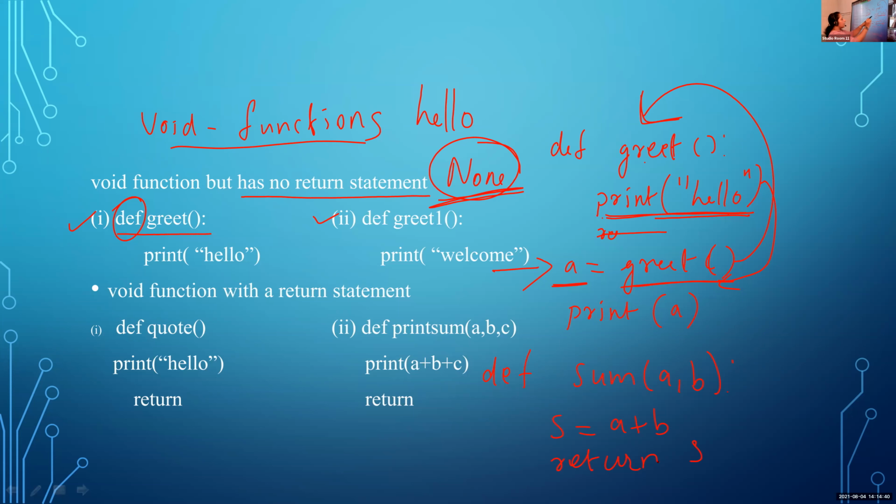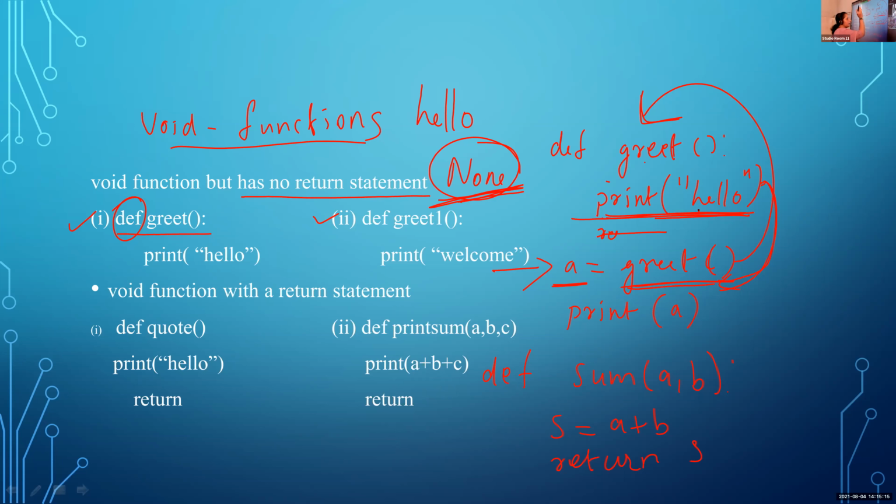Okay. But here there is no return statement. We just print this content hello here itself. Then the control is moved to the main program. In the void case, we pass this None to the function call statement.